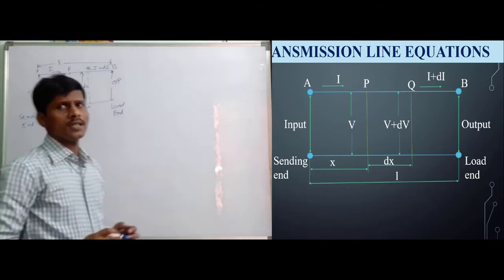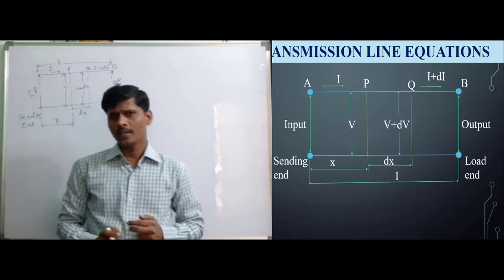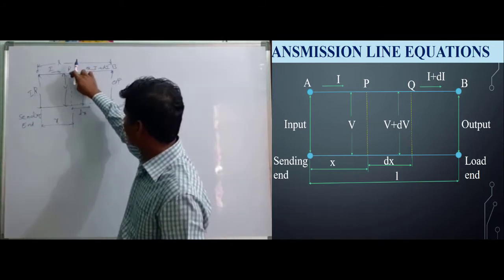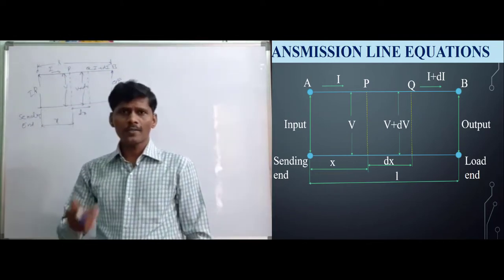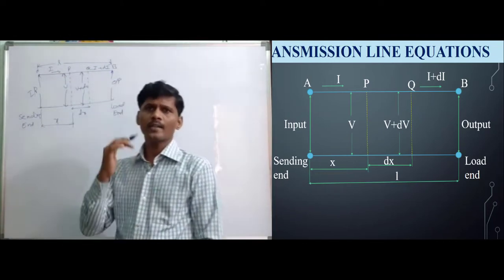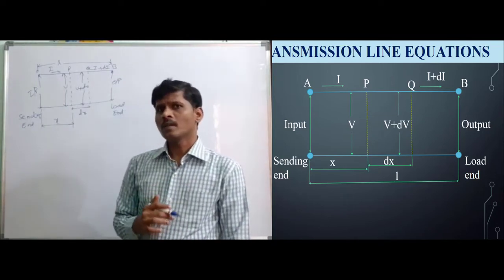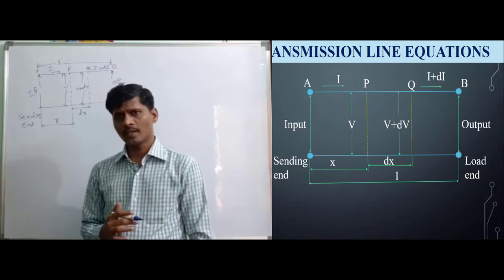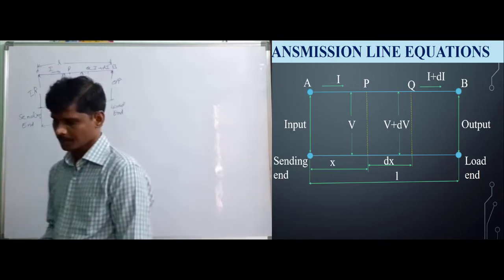The voltage and current expressions can be calculated in two ways. One way is that the voltage between the two conductors can be assumed to be constant while calculating the current equations. And the second is that the current in the line can be considered constant while calculating the voltage expressions.